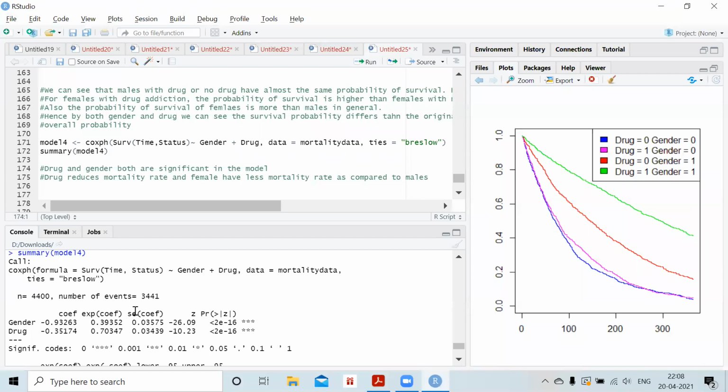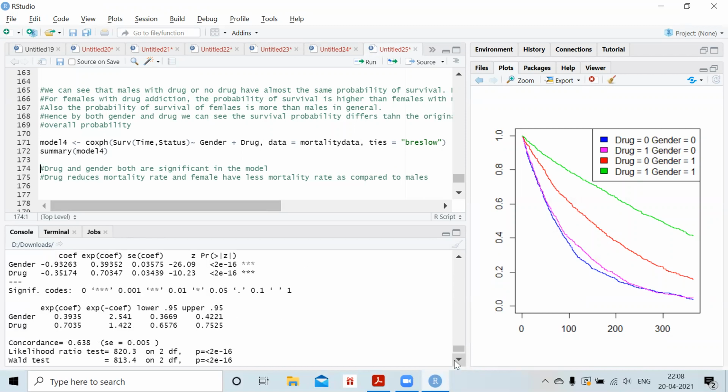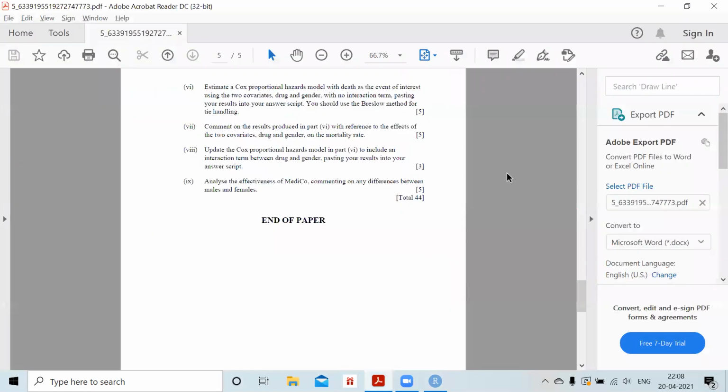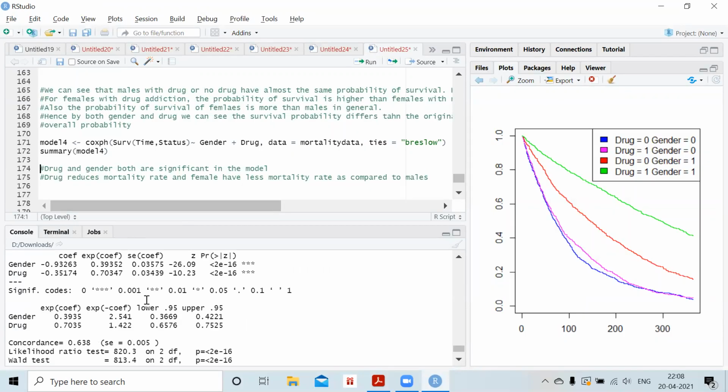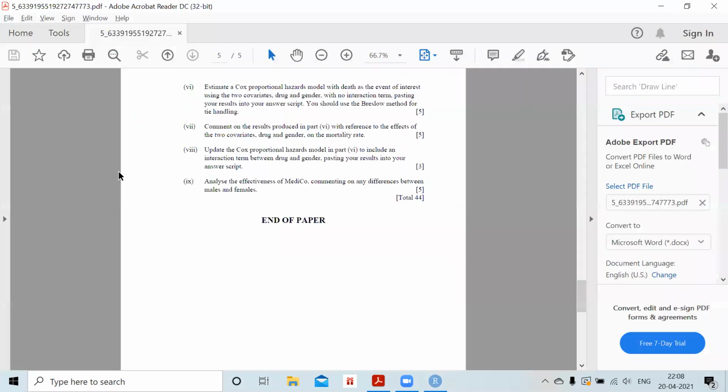Okay. You can see that the drug reduces the mortality rates, and also for females, and you can do your analysis on the basis of whatever intuitive analysis you can give, because the comment is worth 5 marks and you need to write why these 2 variables' coefficients, the p value is less than 0.05 or 0.005, so hence they are significant covariates. Okay. There's a significance symbol beside the likelihood ratio test values. You can comment on anything you want.